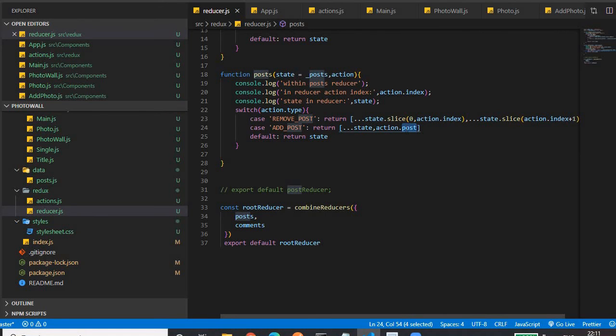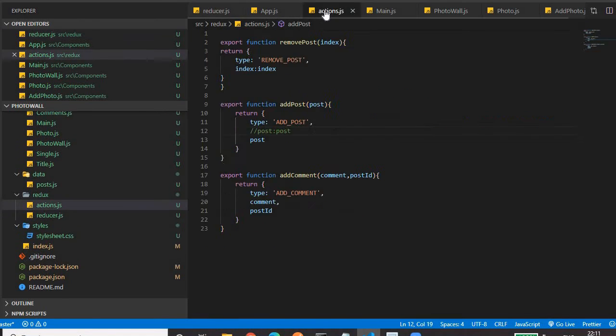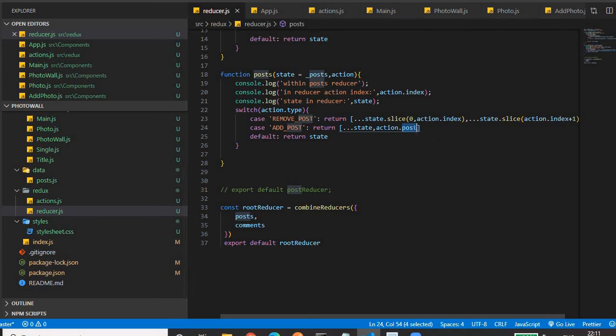Why action.post? Because for this action the payload is post, and we retrieve that by using action.post. So in this way the new object gets added to the post array and we get the new image, correct?